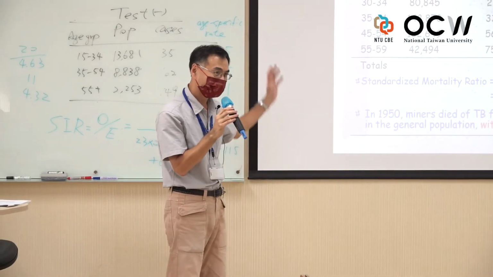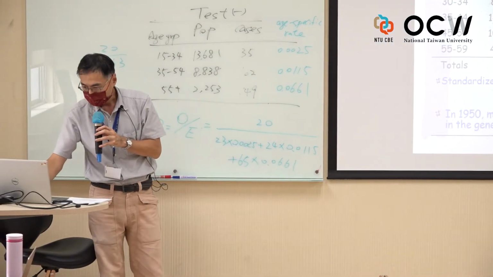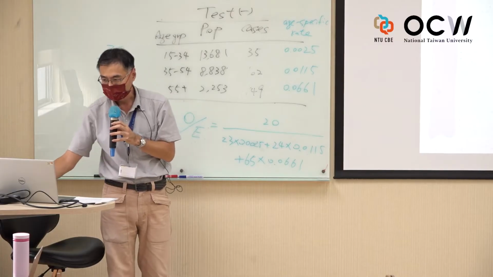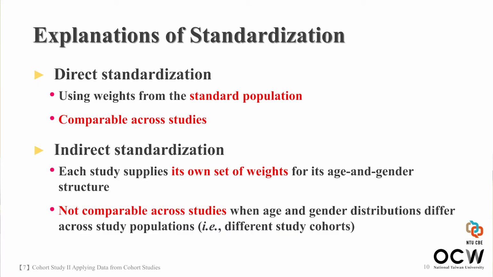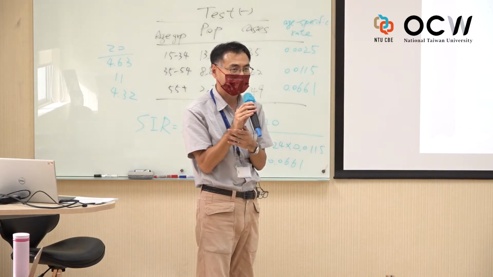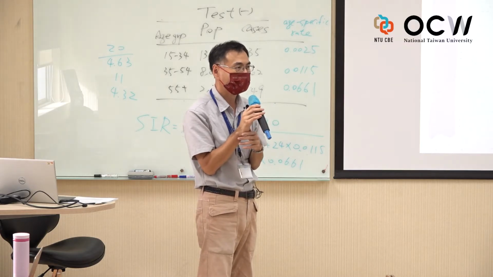Okay, so this would be something very straightforward again. Now, let's make some illustration to explain standardization. For direct standardization, we are using the weight from the standard population to do the calculation. The advantage of direct standardization is that the outcome is comparable across studies or internationally. That's what we do for the cancer incidence rate, for the purpose of comparing to all the other countries